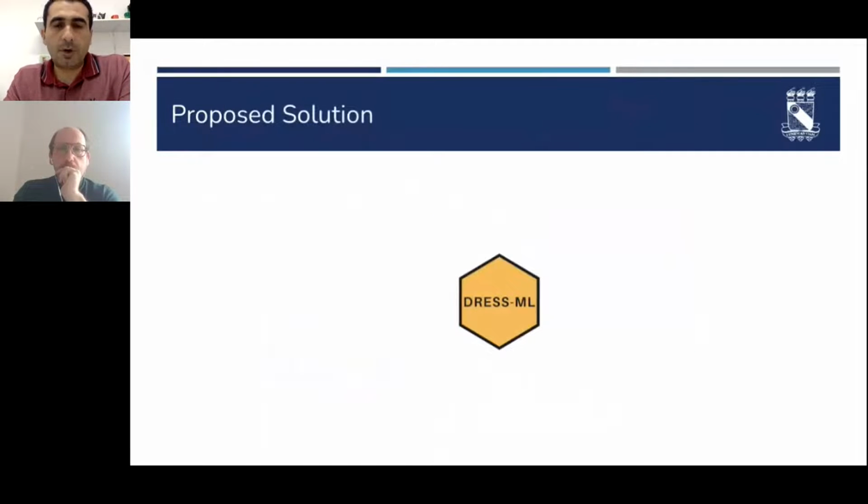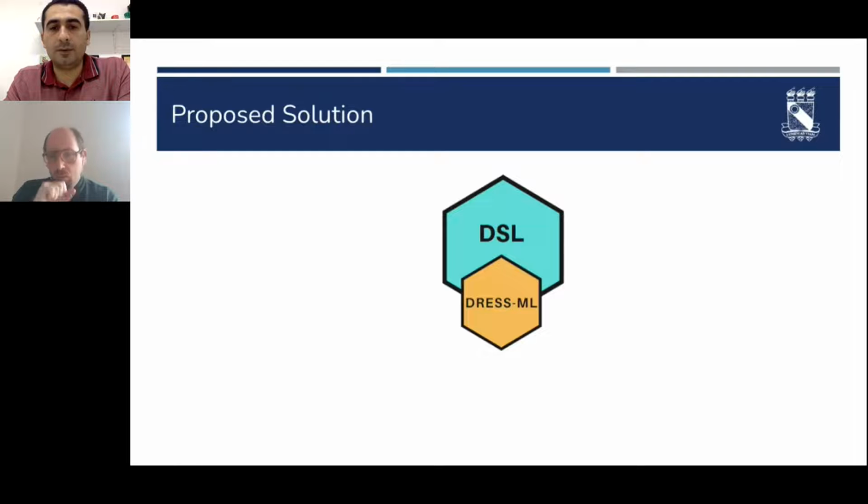To tackle that problem, we are proposing the DressML modeling language, which is a domain-specific language that allows users to specify both exceptional scenarios and self-adaptive behavior for drone-based applications.